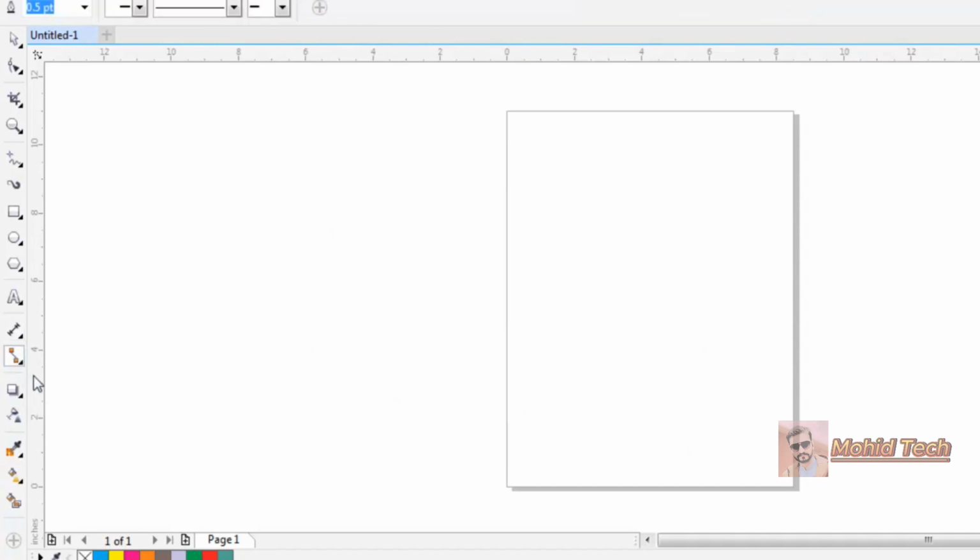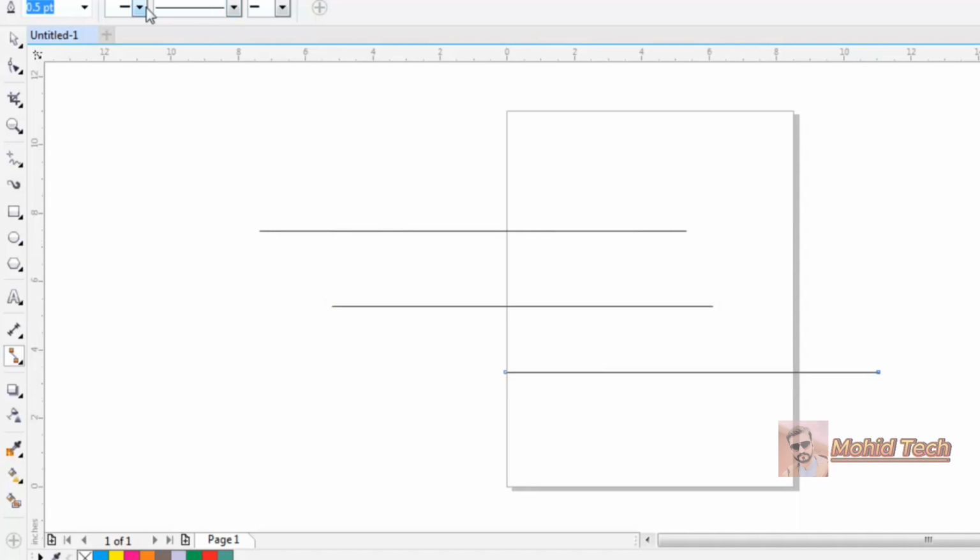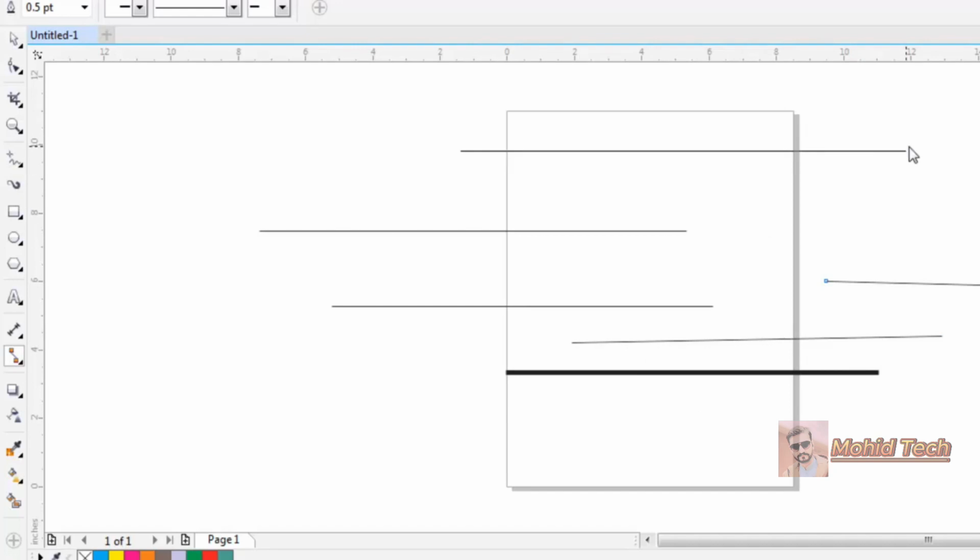And the next tool is basically for just creating this kind of line. So you can create these lines however you want. You can change the size from here. You can create as many lines as you want, and if you want an absolutely straight line, you can use the Shift option to create that. So basically these two tools also have some